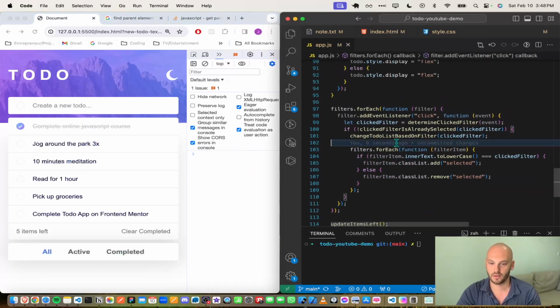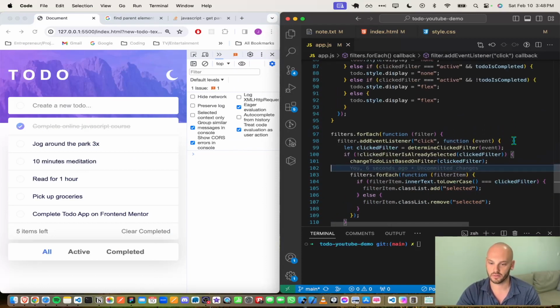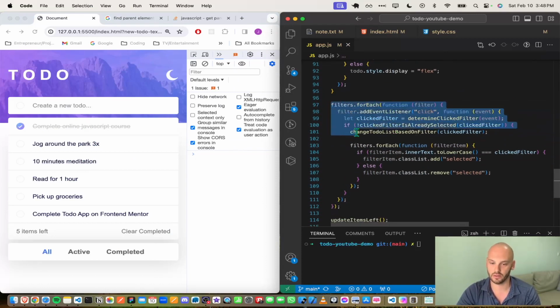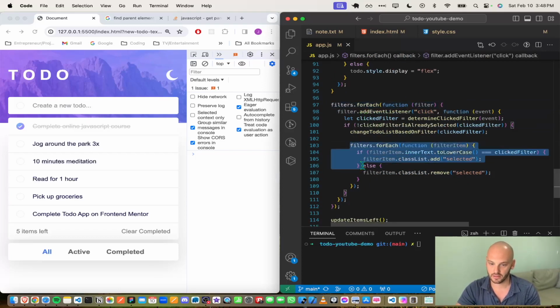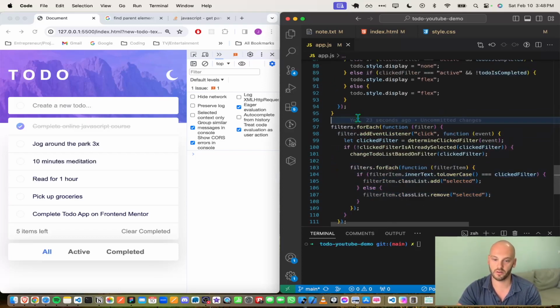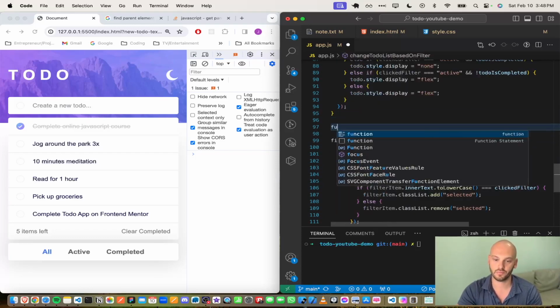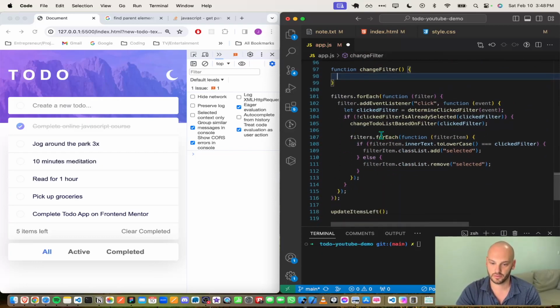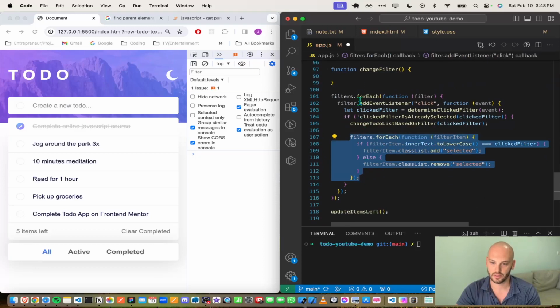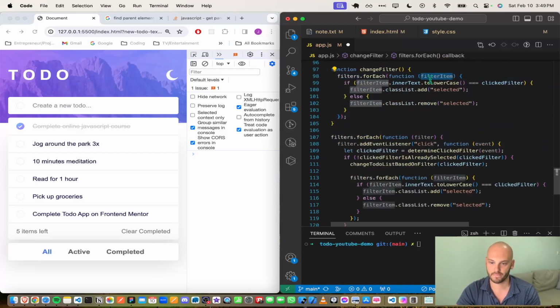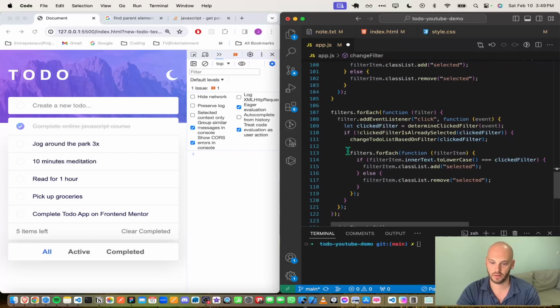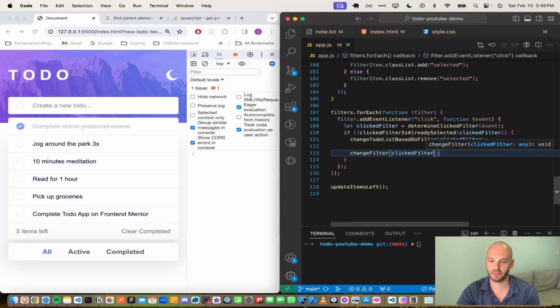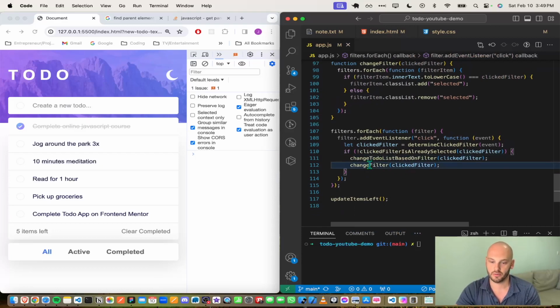Still works. So as you can see, we're really reducing the work that's required if you look at what happens when you click a filter, right? So lastly, we have a filter here. So I'm going to create a function called change filter. And change filter will, we need the click filter again. So I'm going to run the function change filter, pass in click filter, and what it's going to do is